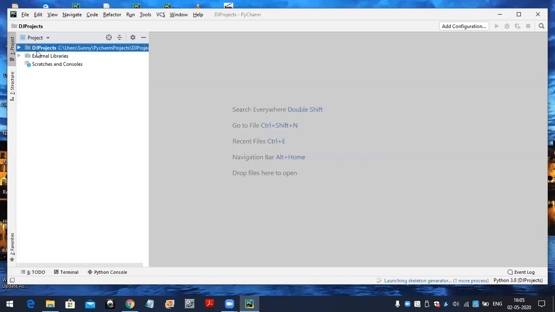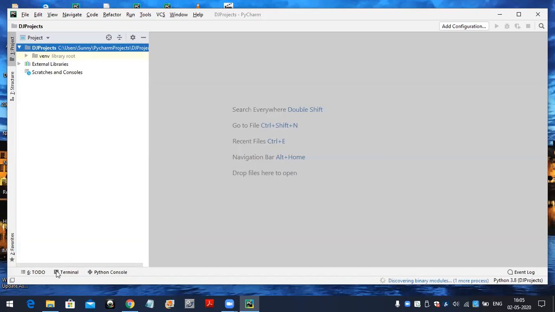See, here we are able to see this DJ projects folder we created. Now, if you expand this one, you can see the virtual environment also inside this.